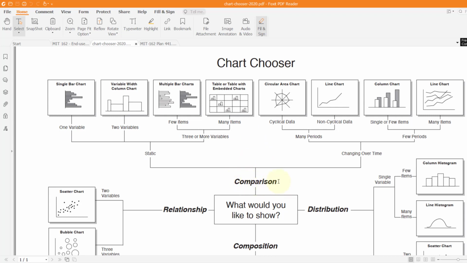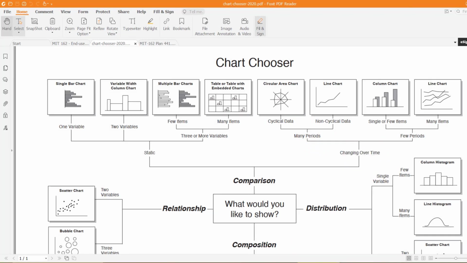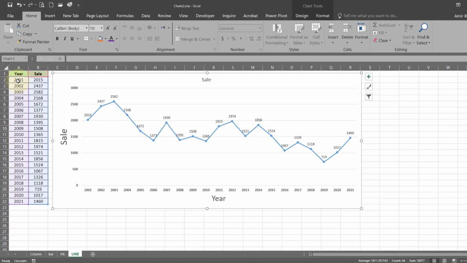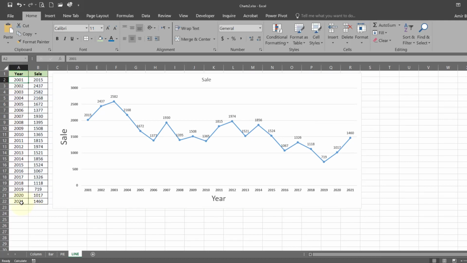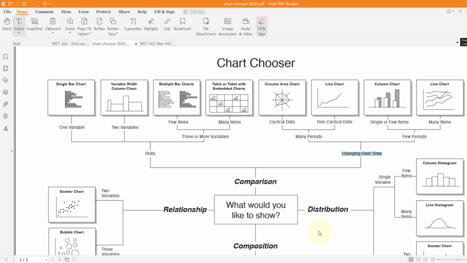We are trying to compare the values which are changing over time, that is year, and which do have many periods there. That is, our chart goes from, you can see, 2001 till 2021. And then here we have non-cyclic data. So for that we are going to choose the line chart.